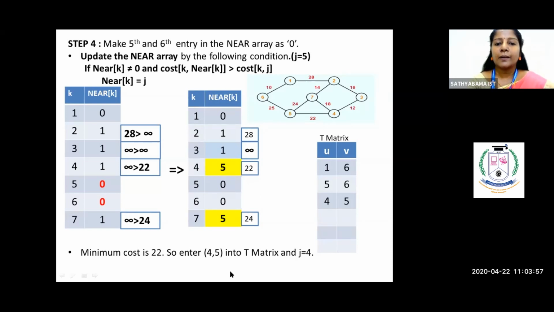Okay. Now, what is the next step? We need to find the cost for all the non-zero entries in the updated array. What is the edge cost of 2,1? It's 28. The edge cost of 3,1 is infinity because there is no connection. Now 4,5 is 22 and 7,5 is 24. Okay. So once the cost is done,